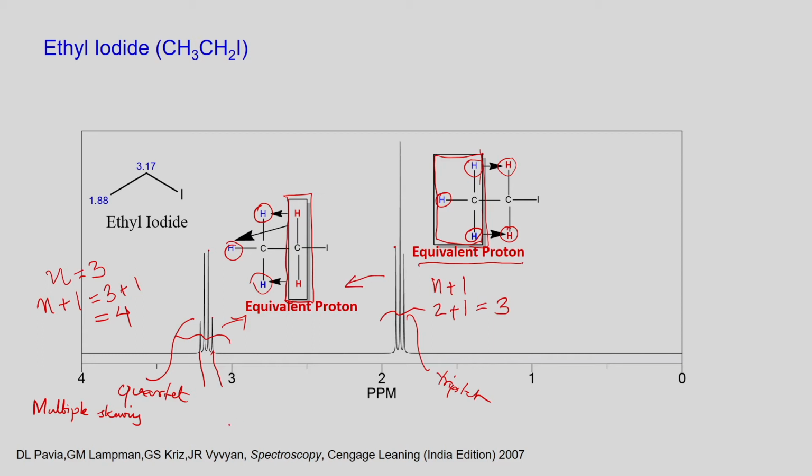So it means if I draw it like this, and if I draw it, they are related to this direction. If I draw this particular peak, it is slanted to the left hand side, while this peak is slanted to the right hand side. So this will be slightly higher than this. This indicates that these 2 groups of spectra are related to each other, and they are having a spin-spin coupling. Okay. So this is called multiplet skewing.